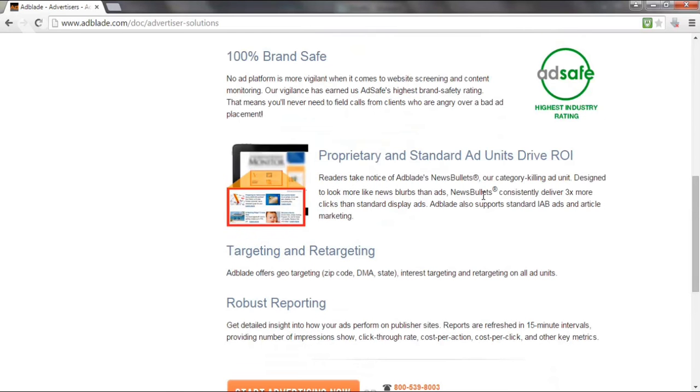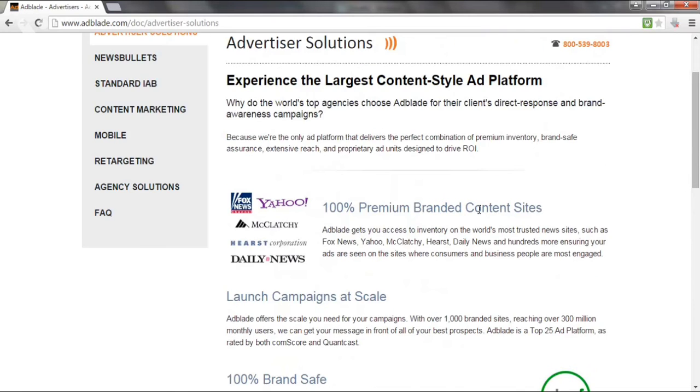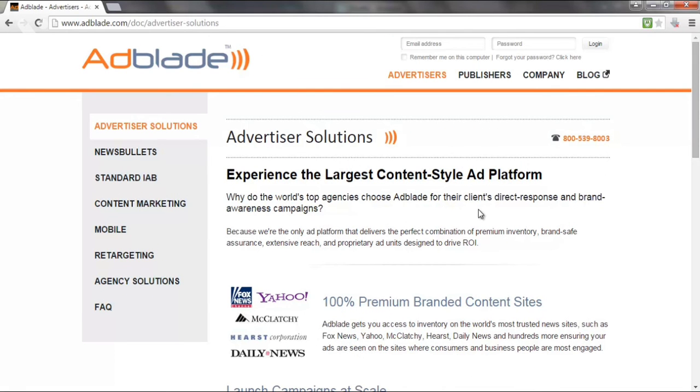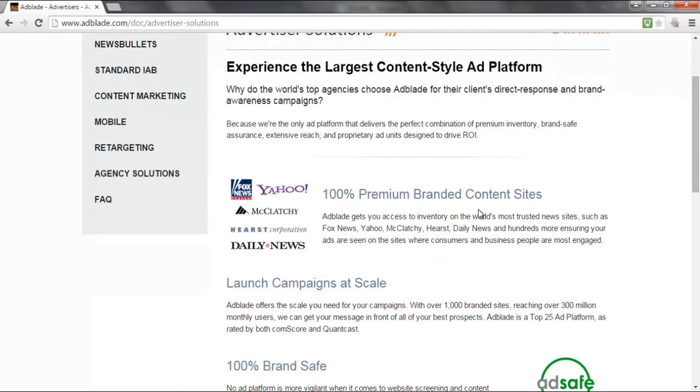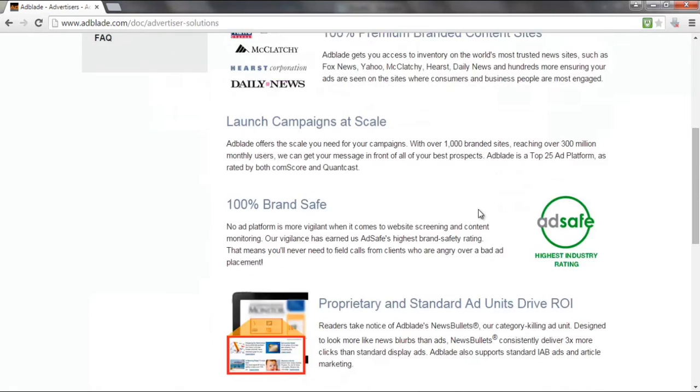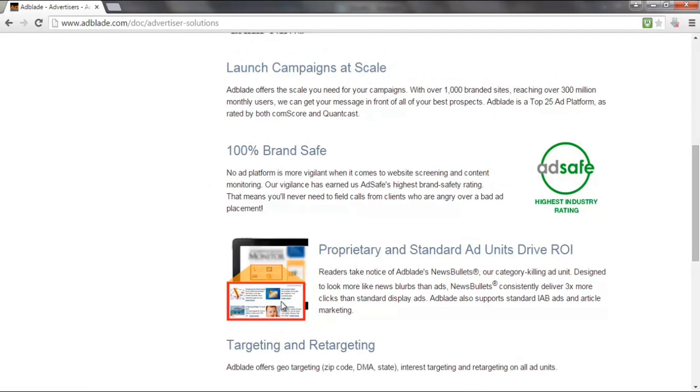So there are some really good advertising options on this site, and you only need to spend a $50 deposit to get started, and you can either do cost per click, so you know exactly how much you're paying per click, or you can do cost per 1,000 impressions. So this is definitely a platform that you should be looking at, especially if you have high quality content that